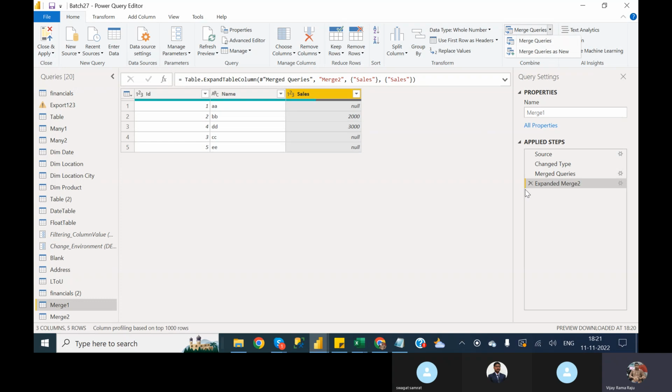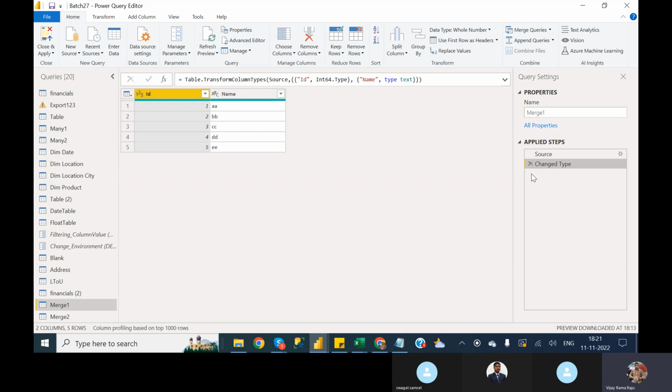In merge queries, whatever data set you have selected, the other data set's columns will be added. That means in the merge one data set, merge two columns will be added, right? When you use merge queries as new,